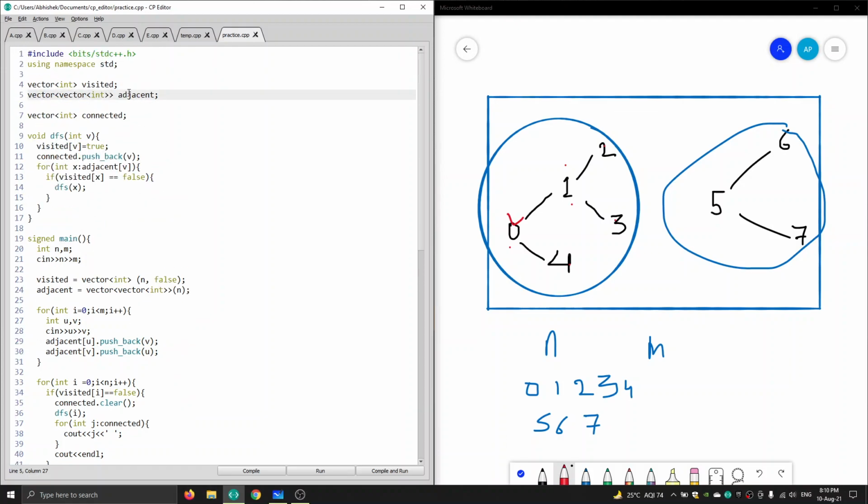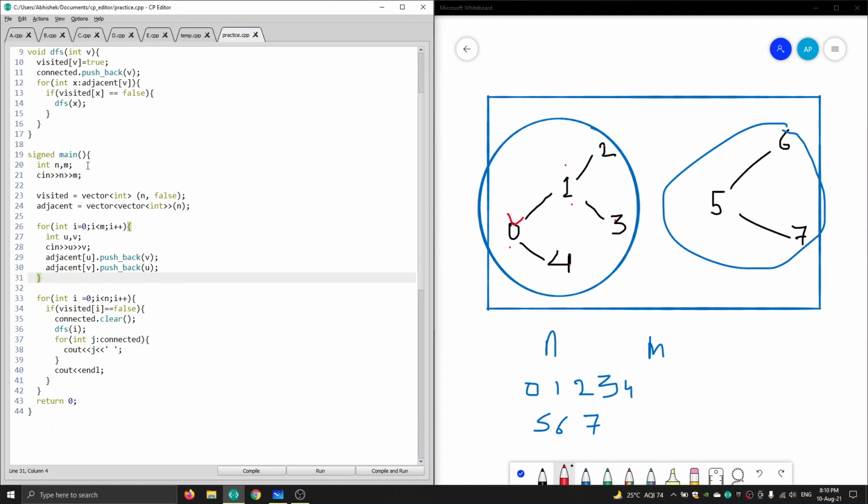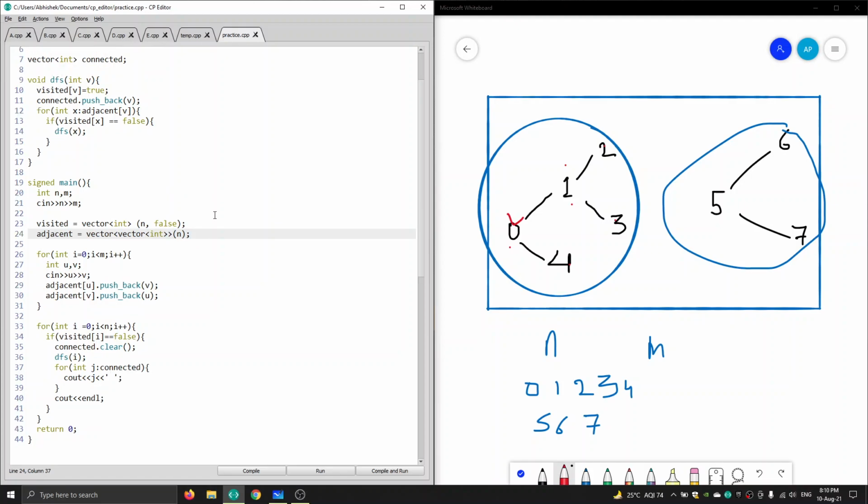So first of all, we are declaring our adjacent 2D vector as global, and after taking the input as n and m, we are initializing this vector with size n. That is, we have n number of 1D vectors which store the adjacent values.